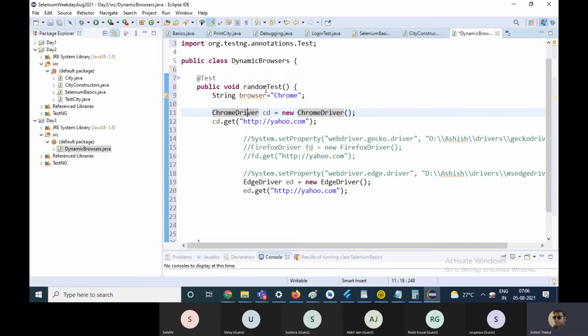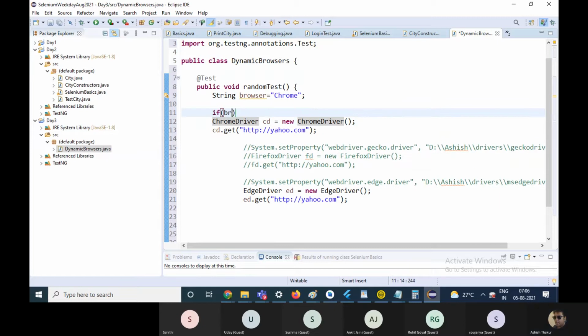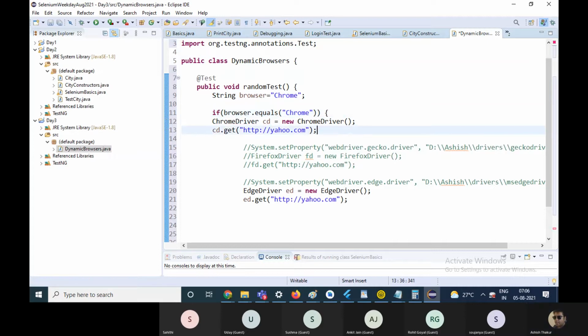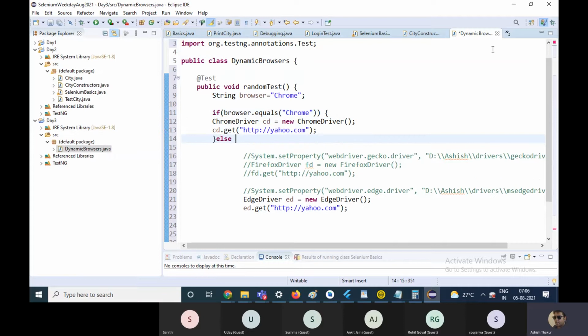You can write over here that if the browser is equal to Chrome, in that case you would want to launch the Chrome browser. So you can put an if statement like this, then else if the browser is